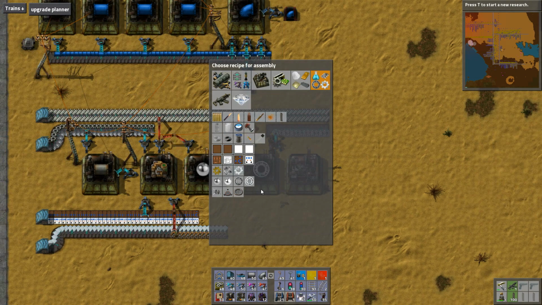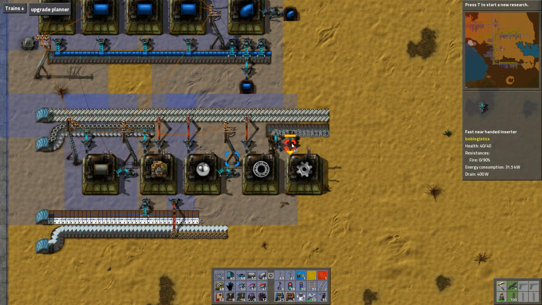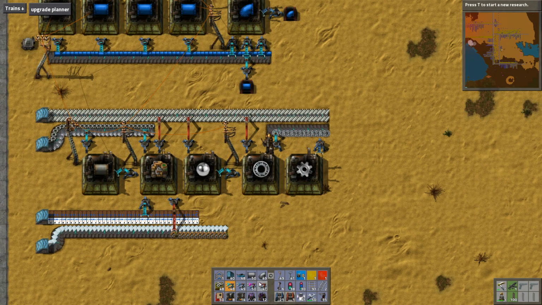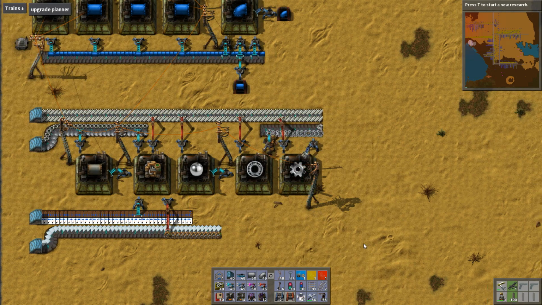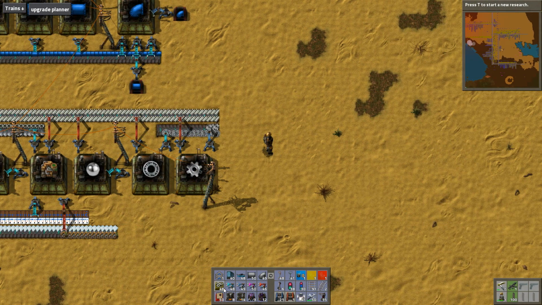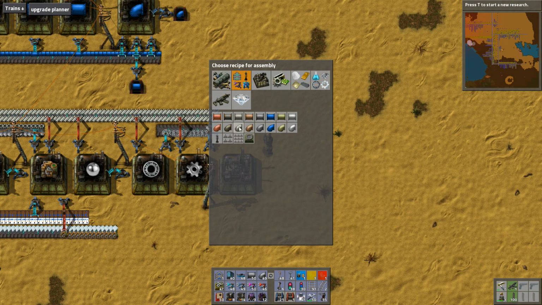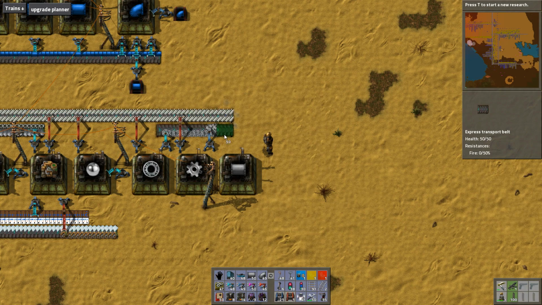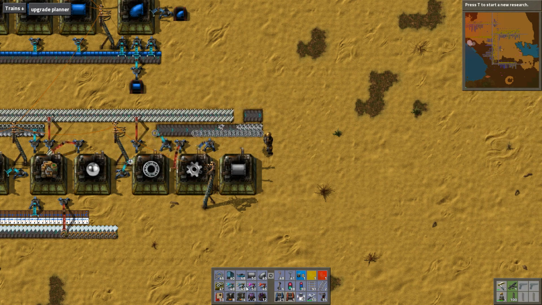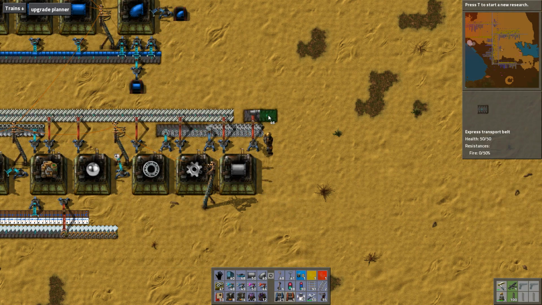Okay, so steel pipe and steel gear wheels. Let's do the gear wheels here. And this one to go out. That's wrong input. Okay. And lastly, we have steel pipe, which is 0.5, yeah, same kind of ratios. So long-handed in, long-handed out, and we've got our